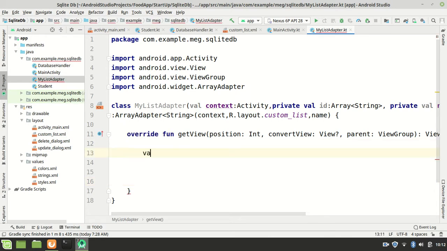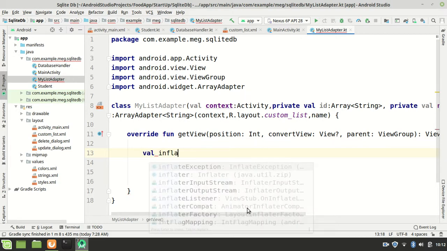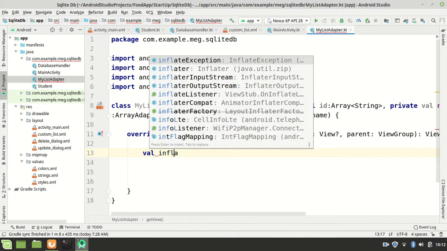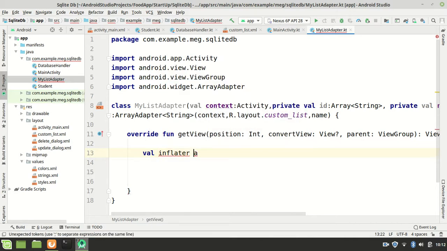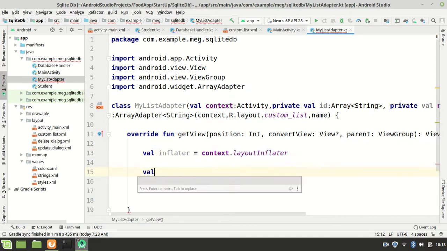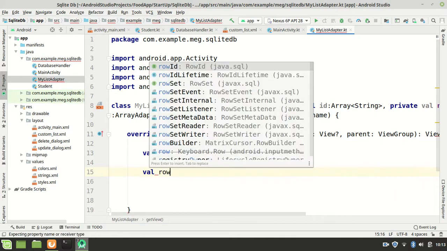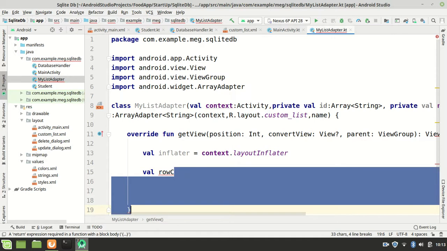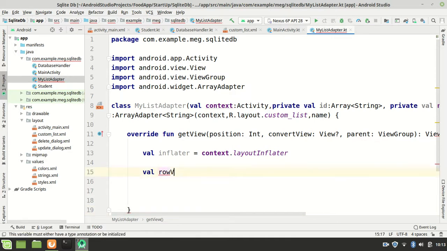So we'll just say call an inflator. So we'll say val inflator equals to context dot, then we call a layout inflator. Then we create a value, then we'll say var, then we call a row view. So we call a val row view, which is going to be equals to inflator dot inflate,